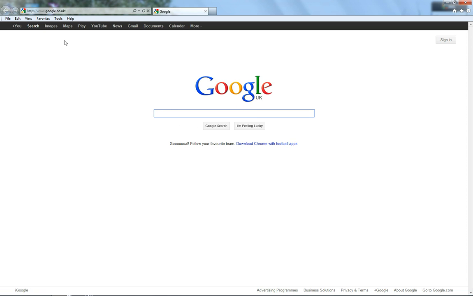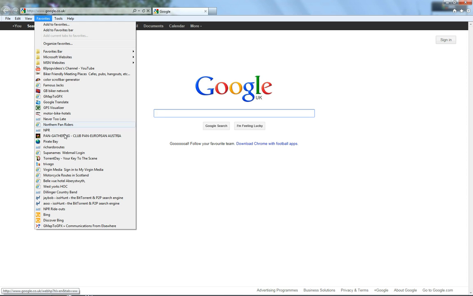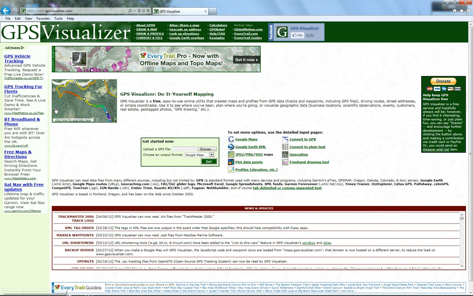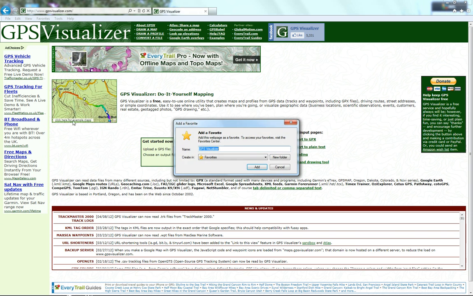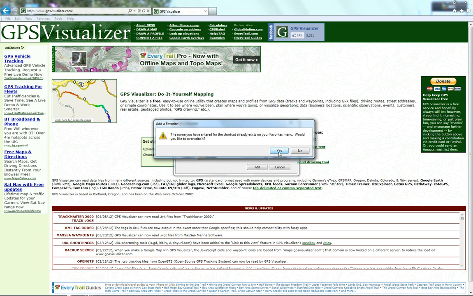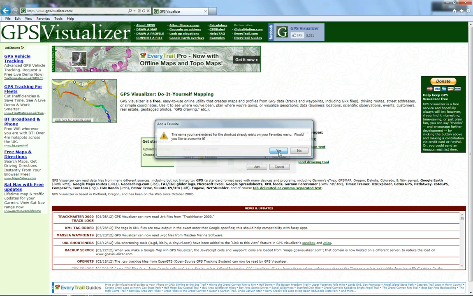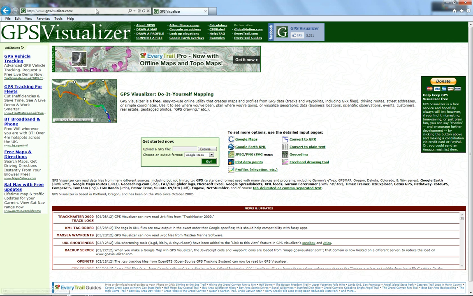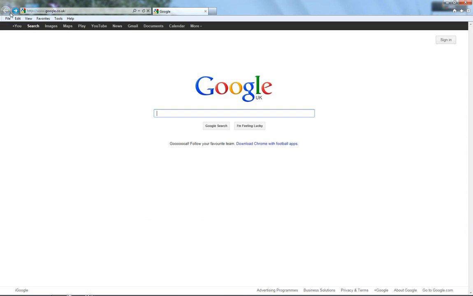Type in Google search for GPS visualizer, and you should get that there, and then add to favourites, GPS visualizer, add yes. I've already got it, so it's asking me if I wish to overwrite, and I'm going to say yes for this purpose. Then we can go back and then type in your search,